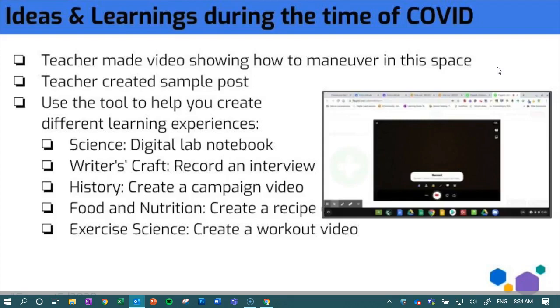So there were a few things that came up while using Flipgrid this semester that I thought I'd share with you that might make your Flipgrid journey smoother. My students wanted and needed me to make a video showing them how to maneuver this space. The video I shared was the video that they requested, as they didn't understand how to upload their videos in Flipgrid. They were using their own devices and not necessarily the app's video ability.